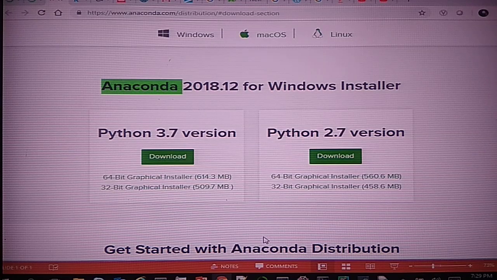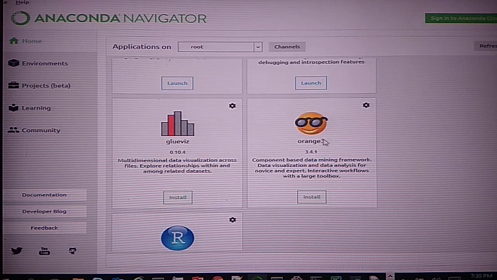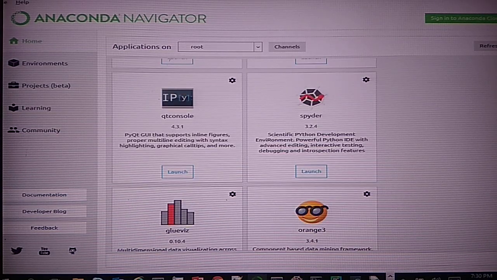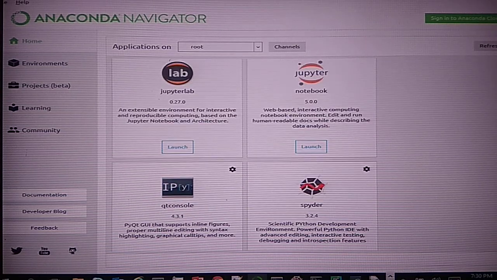This Anaconda Navigator, once started, will be shown something like this. Here you can see that the Anaconda Navigator provides me with Jupyter Notebook, and along with that it also gives me some other very famous IDEs like Spyder, Orange and RStudio. For working on Python, Jupyter Notebook and Spyder are two very important tools.